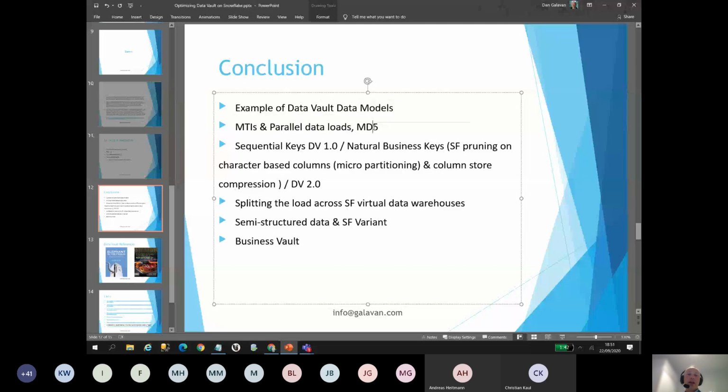We talked about hashing. Snowflake supports MD5 hashing. It supports SHA-1, SHA-2. It's got its own HASH function. So it depends on what hashing approach you want to take. And yeah, we talked about business keys. I didn't talk too much about micro-partitioning. I have about 3 minutes, so I'm just going to elaborate a little bit on this point, which is that